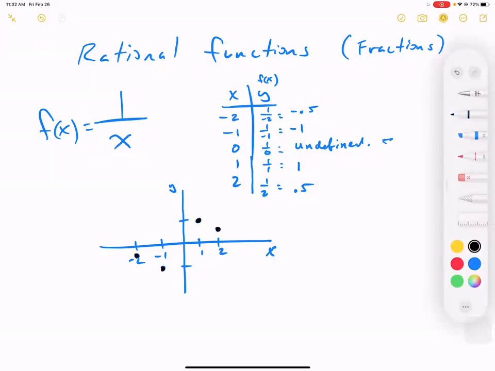Okay. So how will this graph look? There's a couple of options using the points that we have. Now, this is wrong, okay? So let's say, okay, this is not the graph that we're talking about, okay? And there's a couple reasons why. Now, if I plug in more points,